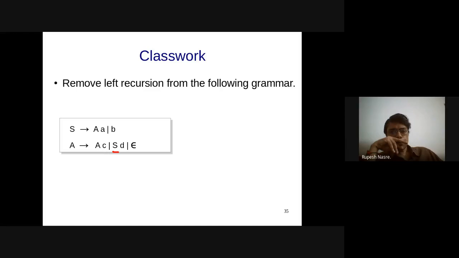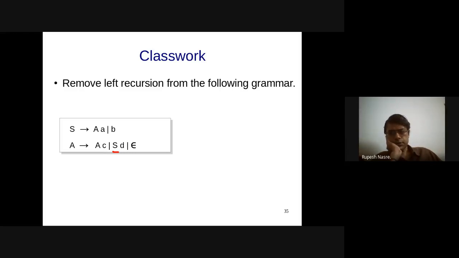A deriving... Okay, Sarthak and Shivram Prasad got the same grammar.